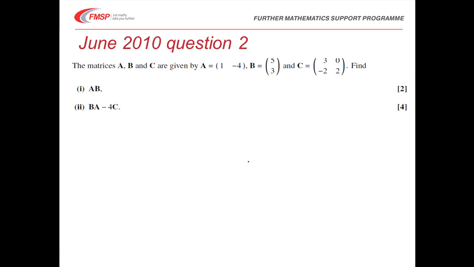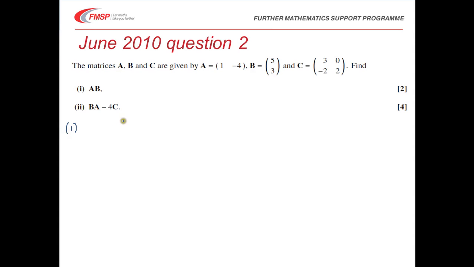So in the question we're given three matrices A, B and C, and we're asked in part 1 to find the product matrix AB, and in part 2 the product matrix BA minus 4 times C. So if we start by looking at part 1,